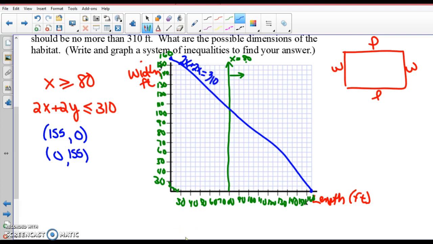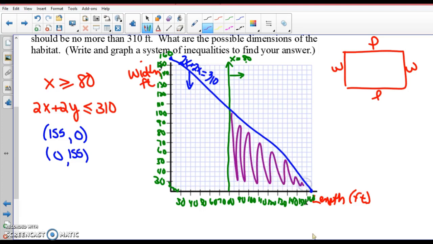Let's figure out shading of that line. If I put 0, 0 in, is 0 less than 310? Yes. So my shading is going to go there. So this green line is shaded to the right. The blue line is shaded down. The shading of this whole thing